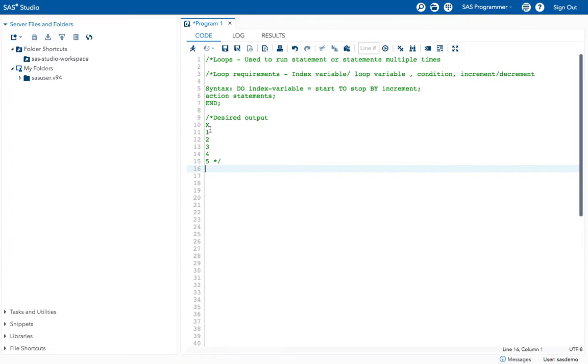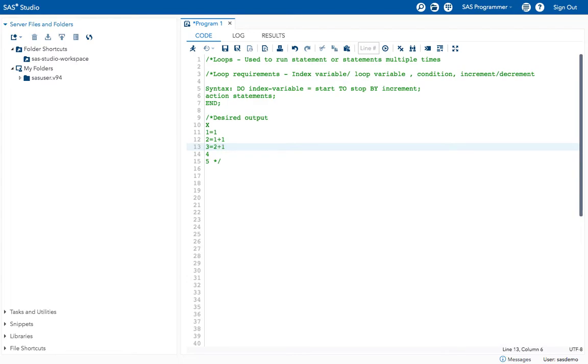Here I have taken x equal to 1, 2, 3, 4. That means I'm taking x equal to 1, then 2 equal to 1 plus 1, and again 3 equal to 2 plus 1.